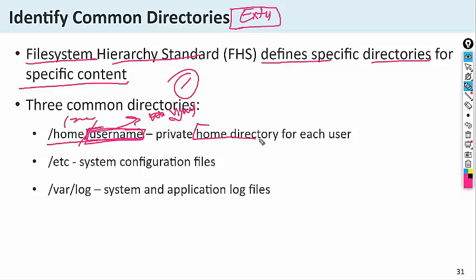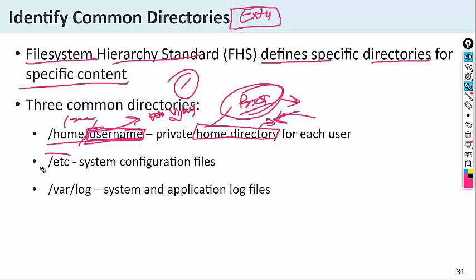The home directory means your personal directory, where your own configuration files and private files are stored, and no other user will be able to access or see these files.